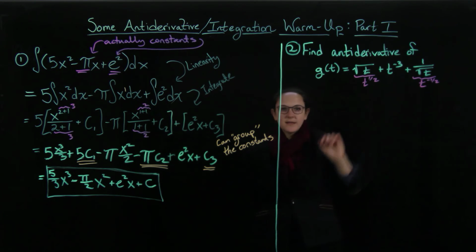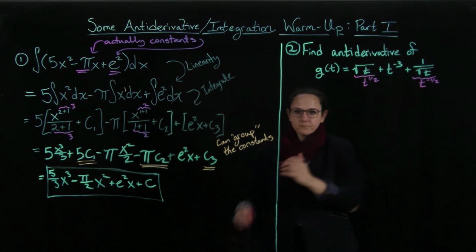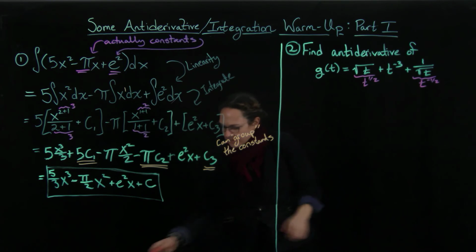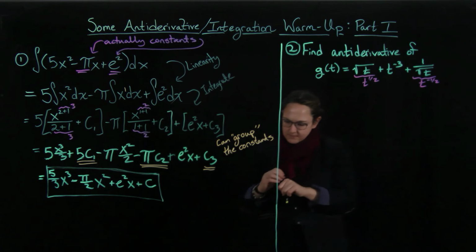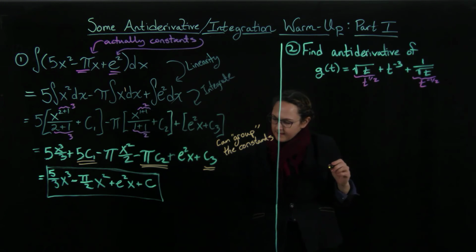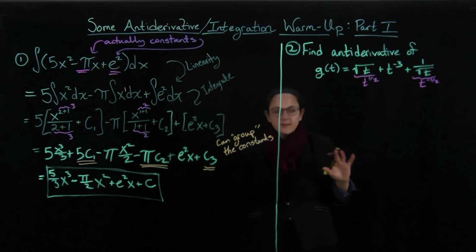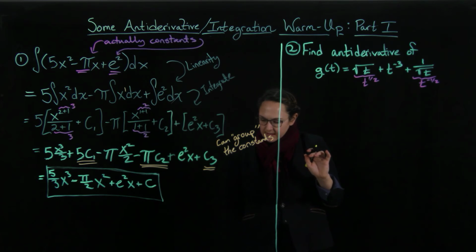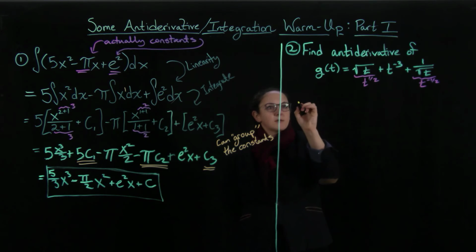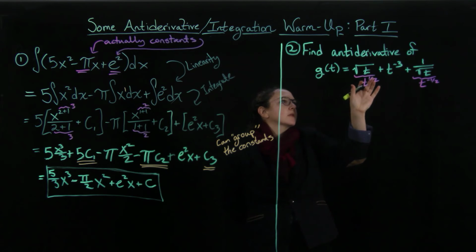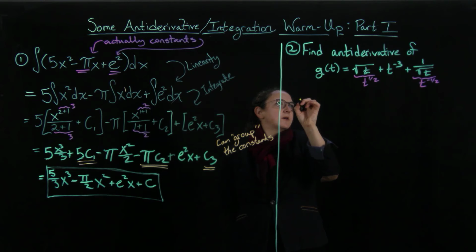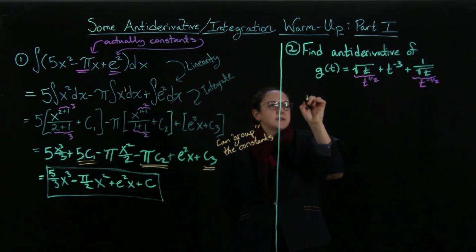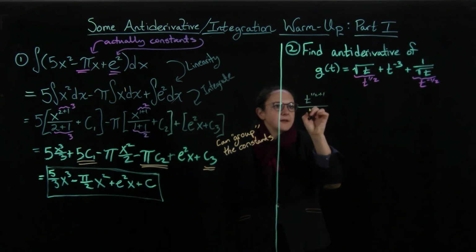Okay, and then we have the t to the minus 3. And now I'm going to shift back to using this one again actually. So to find this general antiderivative, let's go ahead and start. For t to the 1/2, I'm just going to do like I did before, where I have t to the 1/2 plus 1 divided by 1/2